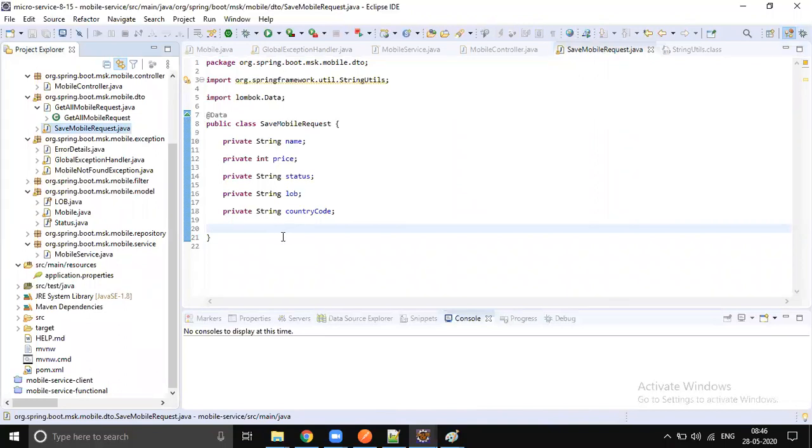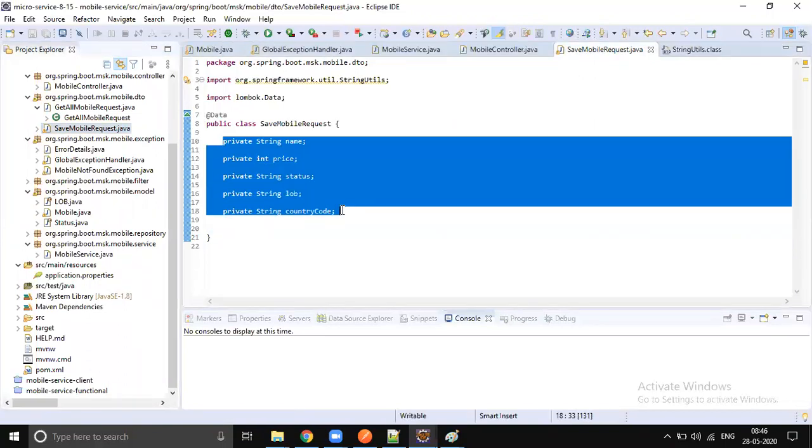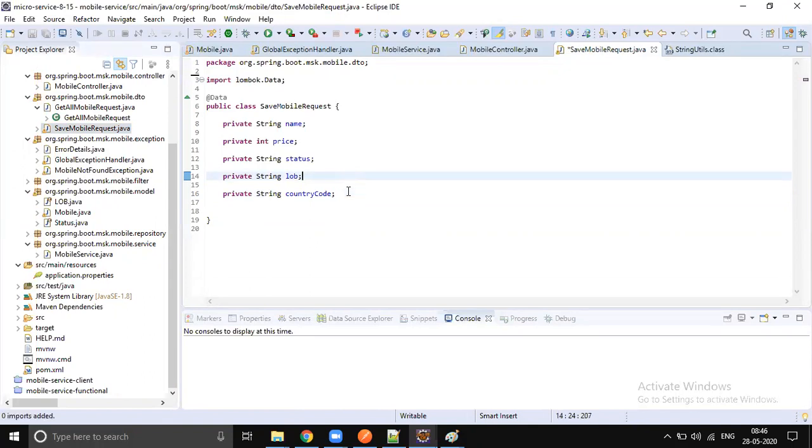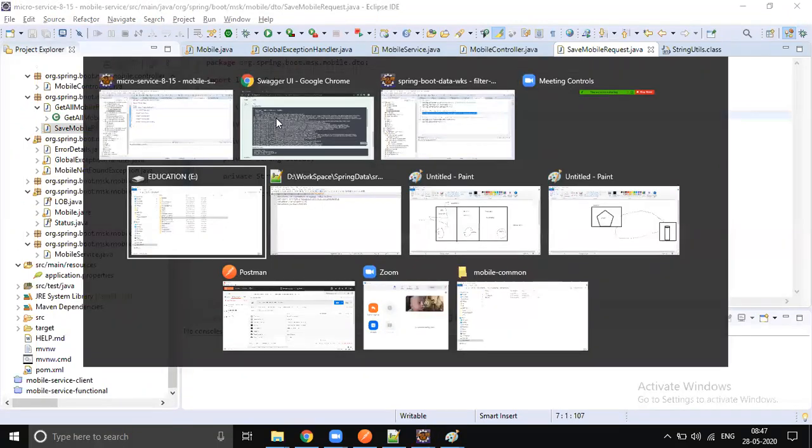So what should we do, at least for these kinds of proper validations: not empty, not null, minimum value, maximum value? For these kinds of properties we should use Spring declarative validations. So what is Spring declarative validation? We will look into it. Let's quickly go to the documentation.